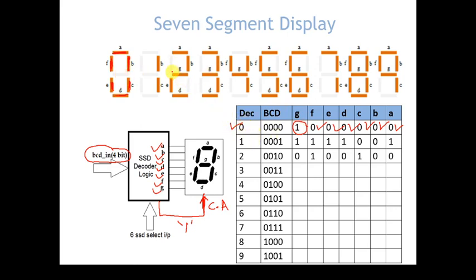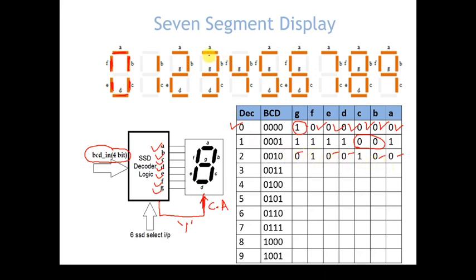For 1, B and C will be 0 0, all others should be 1, because to turn on a segment it needs 0. In case of 2, A, B, G, E and D should be 0, so here A, B, then D, E and G should be 0, others are 1.